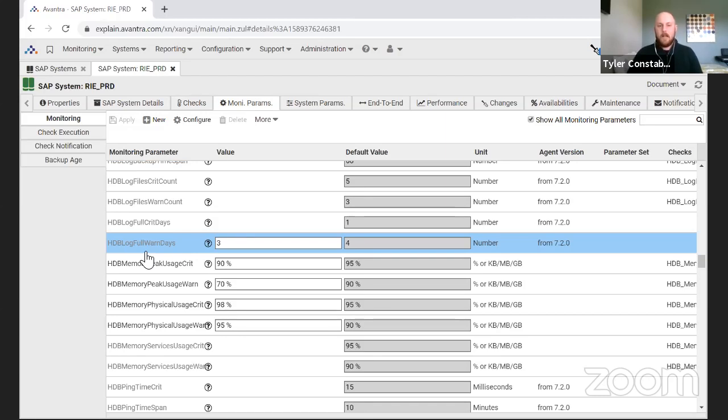Thank you. When we first started, I made note that we're not using other solutions for the way we're collecting metrics. Again, this is proprietary to us. The majority of our checks, we're not using CCMS or anything like that. So to Tim's point, if you're new to Avantra, you might go, well, what the heck does HDB log full warn days mean? So Tim, where you were going was that little question mark right there. If you select that,